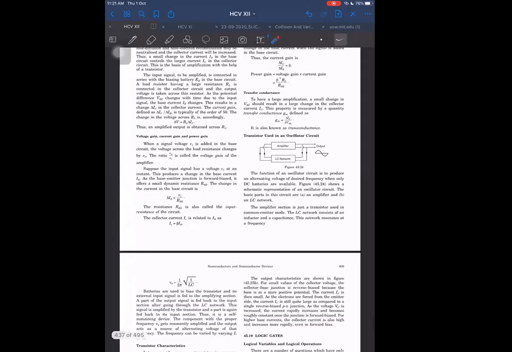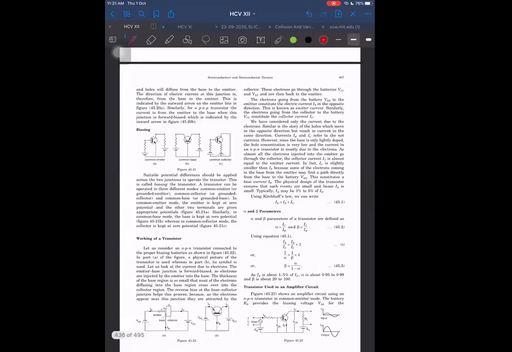Why do I consider something as input and the other thing as output? Because I remember this formula, beta and alpha, and it helps me to see. Normally, if we call something current gain, then output upon input should be called current gain. Therefore, I prefer to take emitter as input and collector as output: IC by IE. And here again, IC by IB. So according to this, this is output, this is input. It is output upon input, and it is also output upon input. That is how I decide.